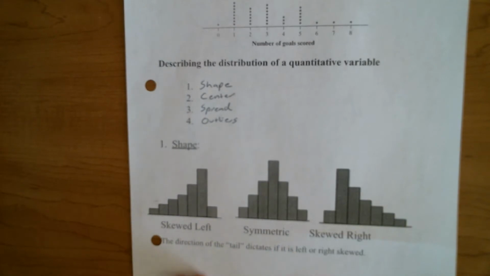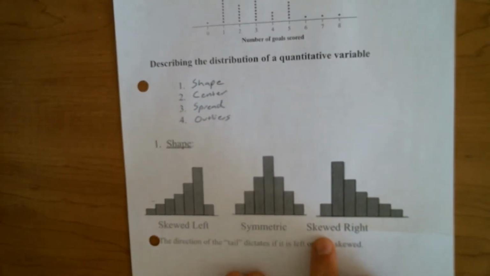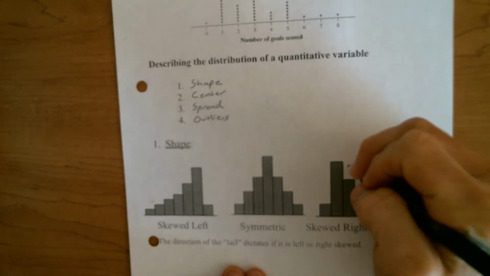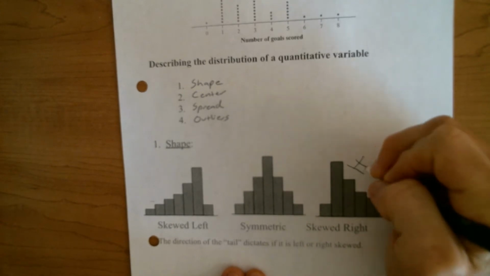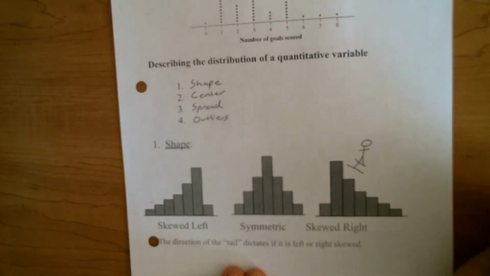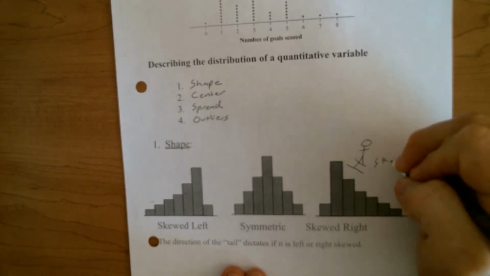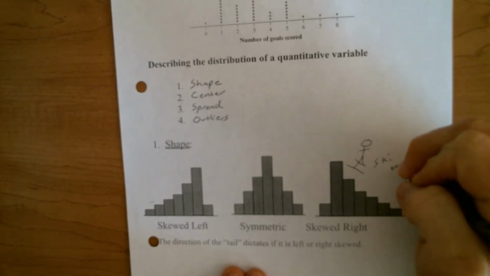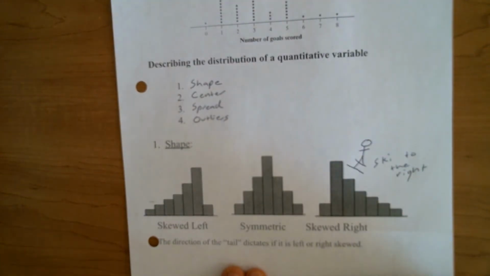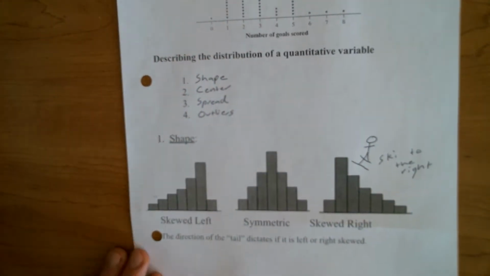One way to help remember this is that skewed sounds a lot like ski. And you would ski to the right here, that's the way the mountain goes. Do you love my beautiful skier there? So skewed to the right, you can also think of as ski to the right. Isn't that clever? Aren't I clever? You're so impressed right now. I know you're on video and you can't really express your gratitude for this